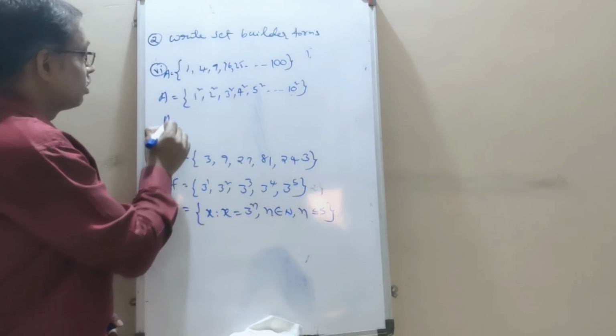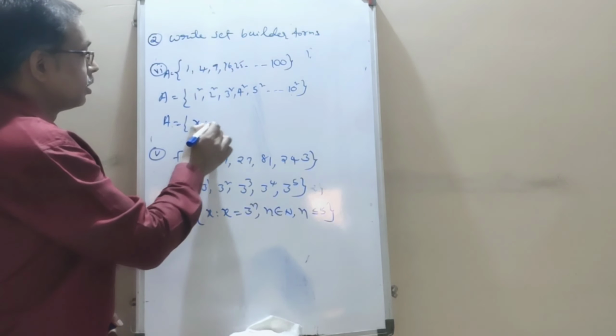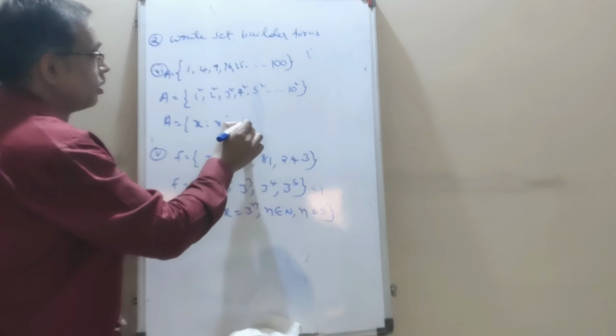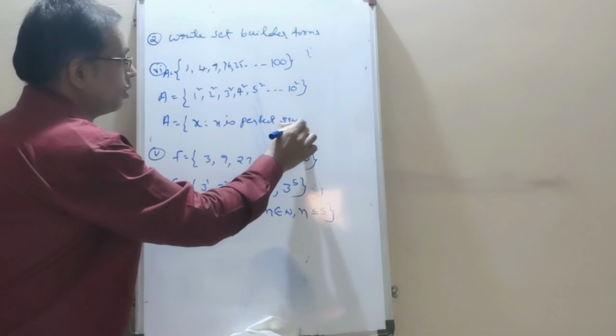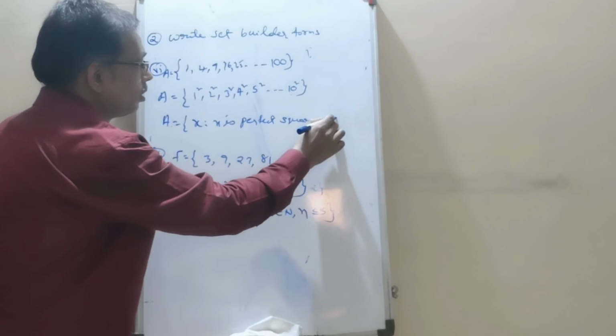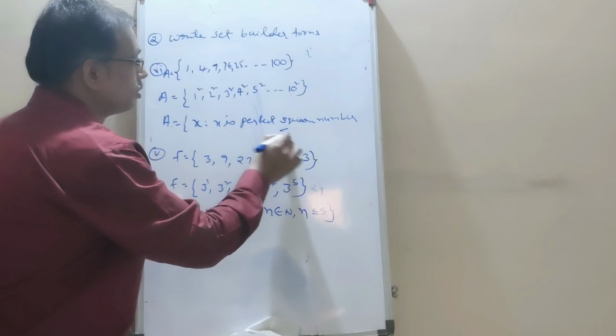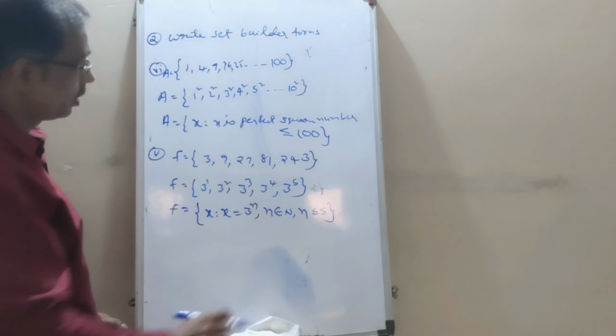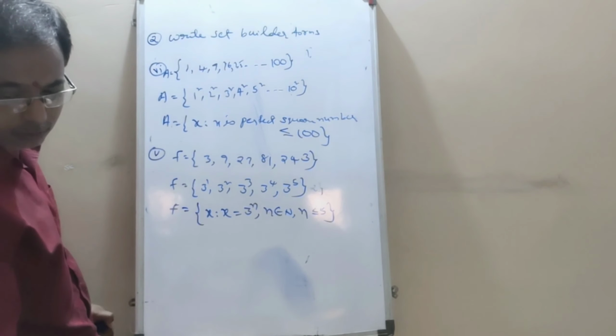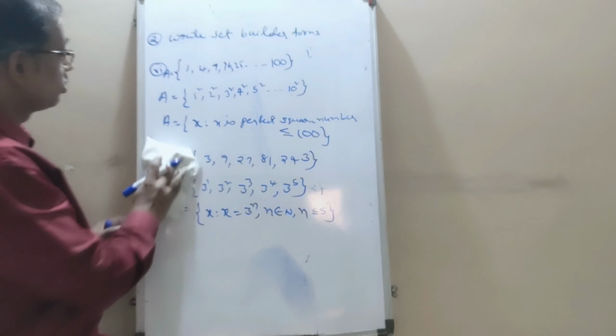That's why here we can write x such that x is a perfect square number less than or equal to 100. So like this we can write the simpler forms. And one more is that